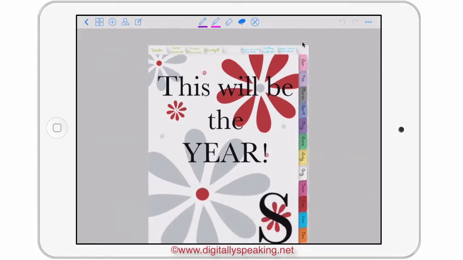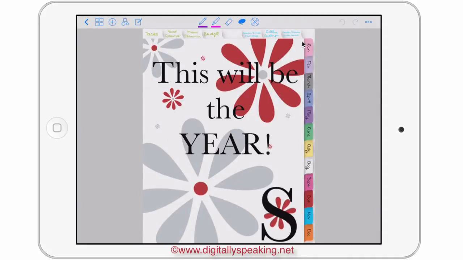Okay, so you could see I've decorated my cover. I've gone a little wild and crazy. Just wanted to show you some of the things that you can do. I've got some florals and some polka dots, and I have some small flowers kind of stamped on here. And then I just used the text